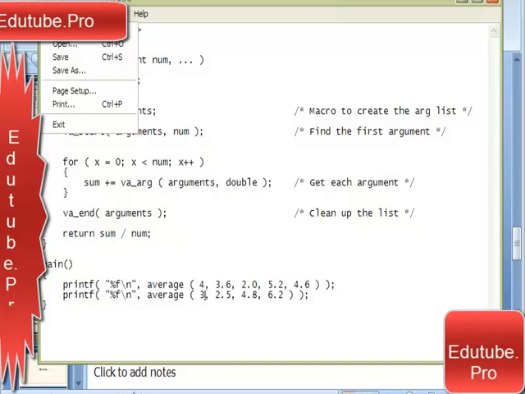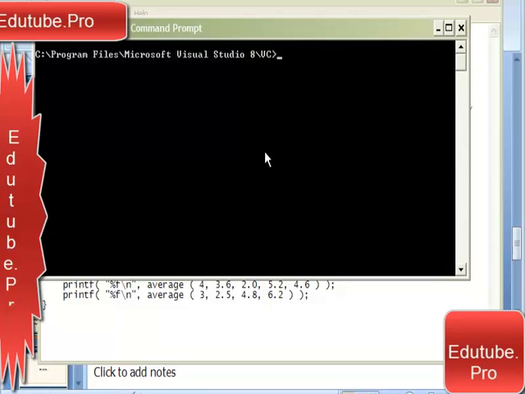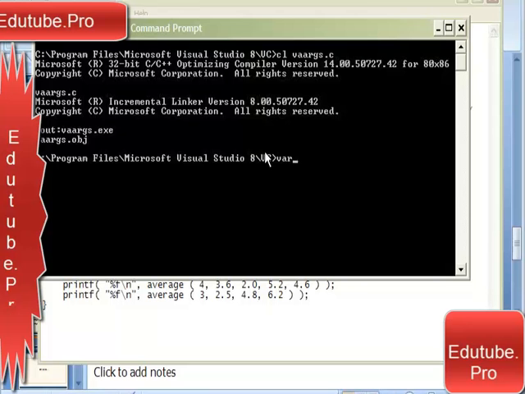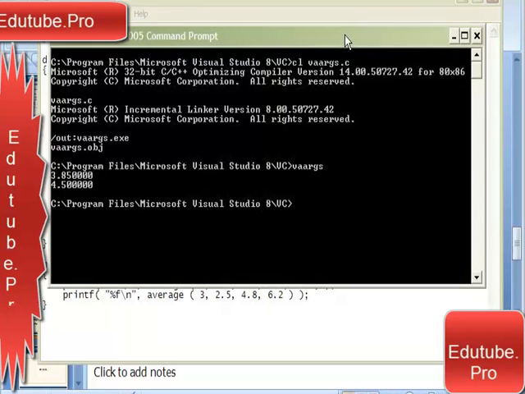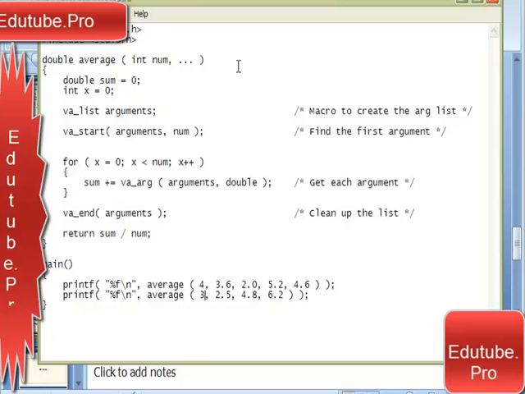Let's save this, and let's go to our compile window and compile and link it. There we go, and let's run it. There you go. And you can do the math to see if that's right, but I bet it is. So that's all there is to it. That's all it's supposed to print out is our 2 floats. And that's what it did, and that is how to take in variable arguments into your own